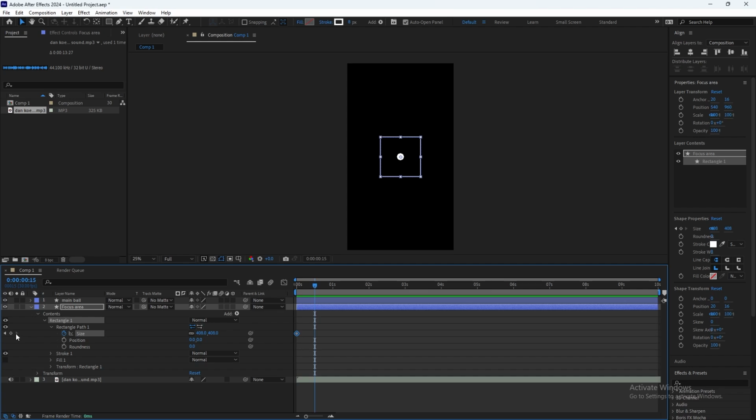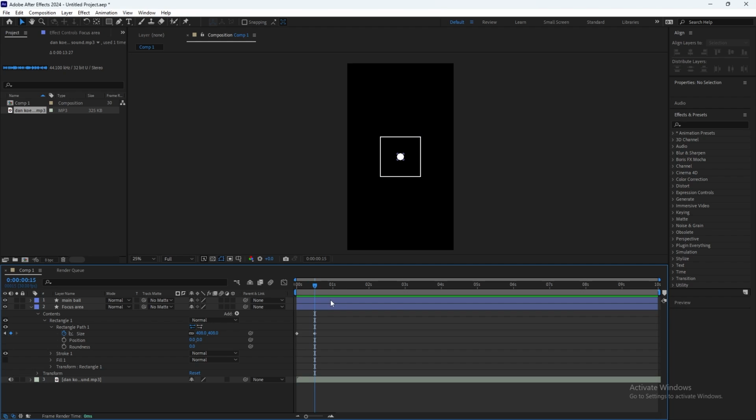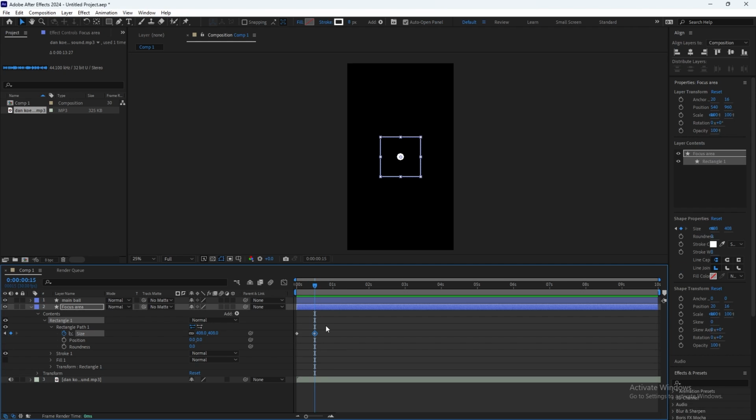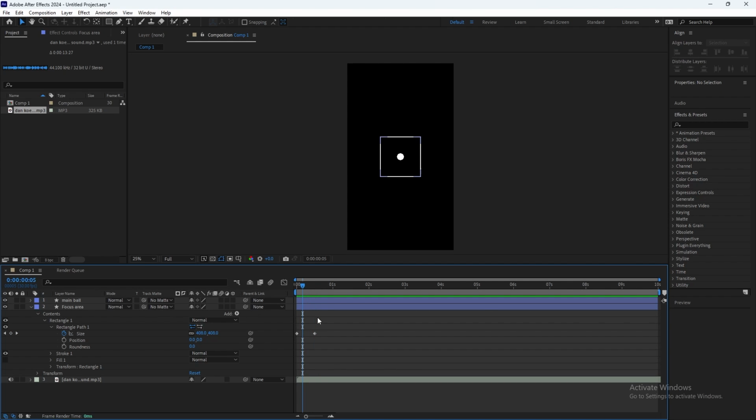If you want to see how many frames you have gotten, look here at the left side. If you want to move 10 frames every time, you can click Control Shift and right arrow, so you will move 10 frames every time, or you can go the left arrow, so you will go back.